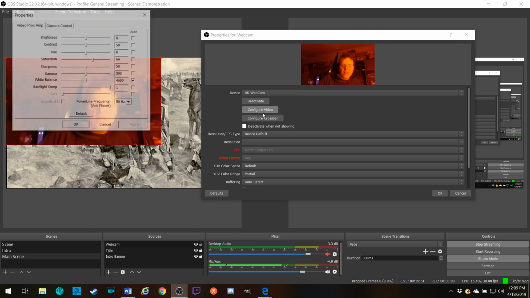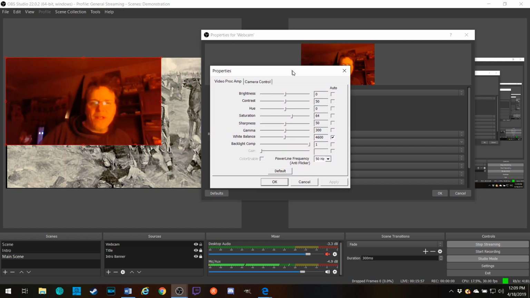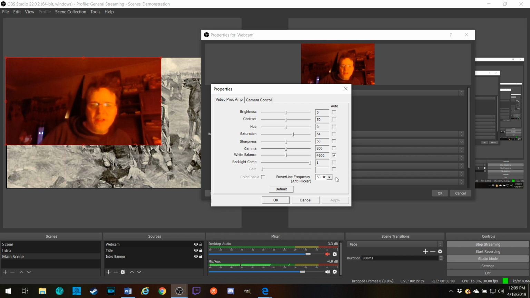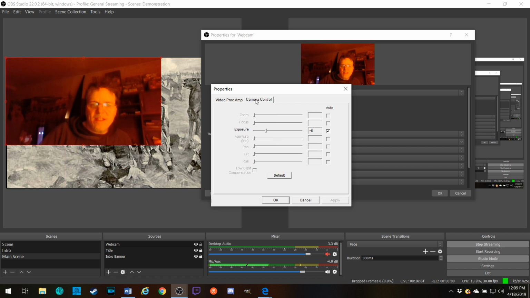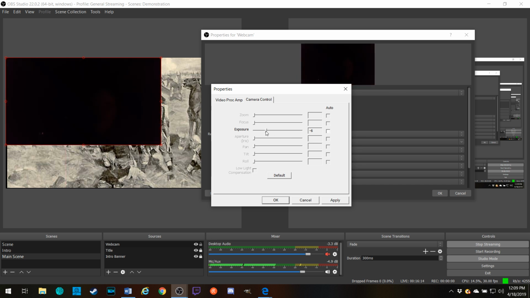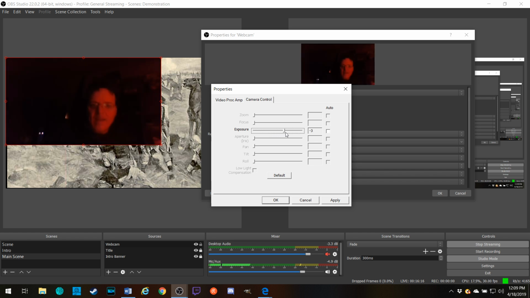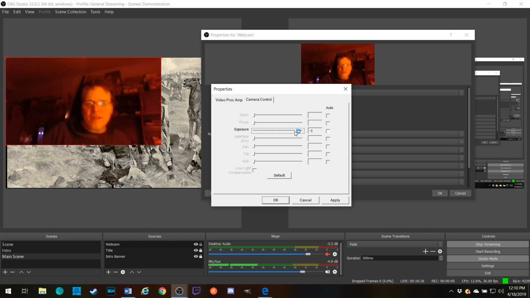Okay, so let's configure the video. Click configure. You get this little box. This is where you can change all kinds of things. Normally, I recommend you disable everything that is already clicked. For example, exposure, very important. I'm going to click that, and I'm going to manually do it. And we're going to change the exposure settings. Looks like the focus is out of whack as well. But as I increase the exposure here, go into the negative zone to get better light, it